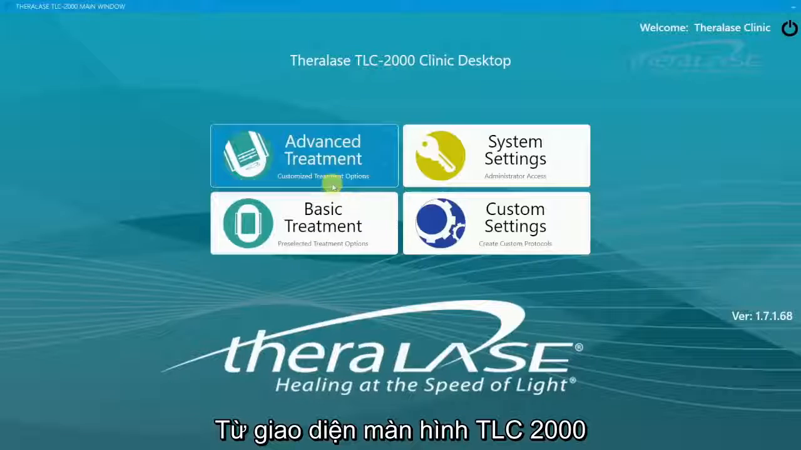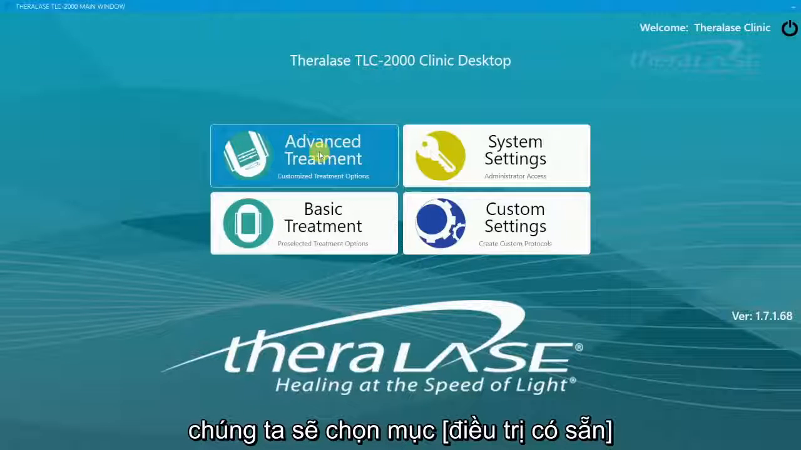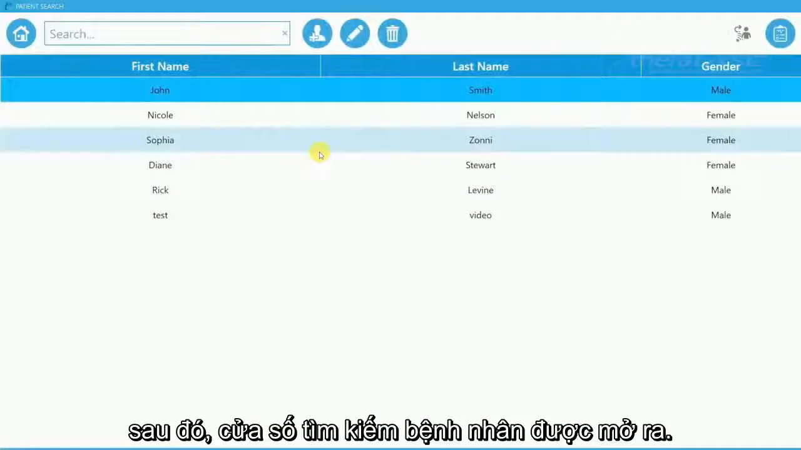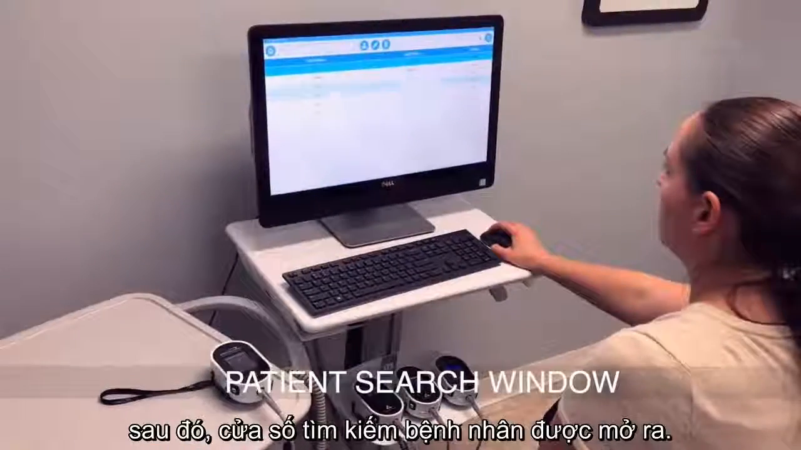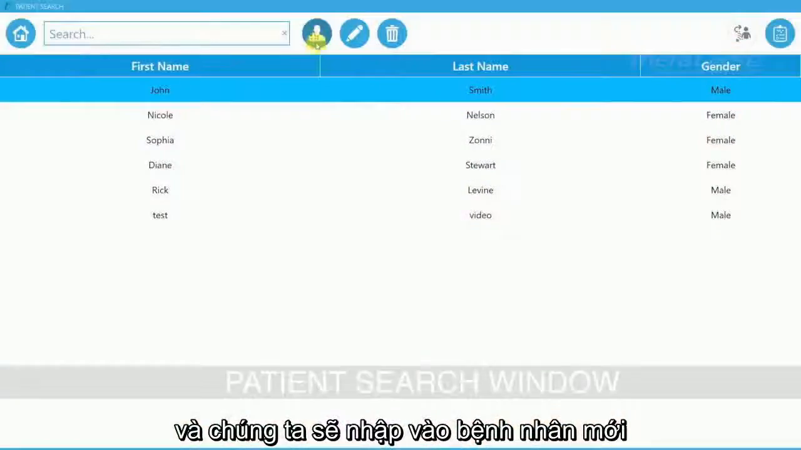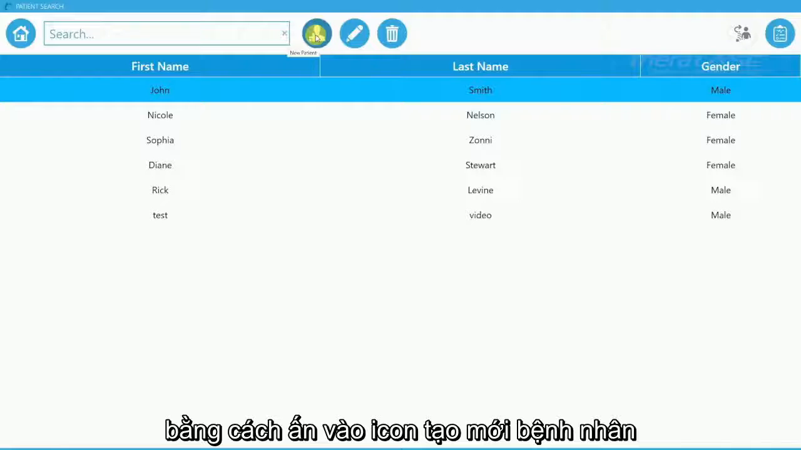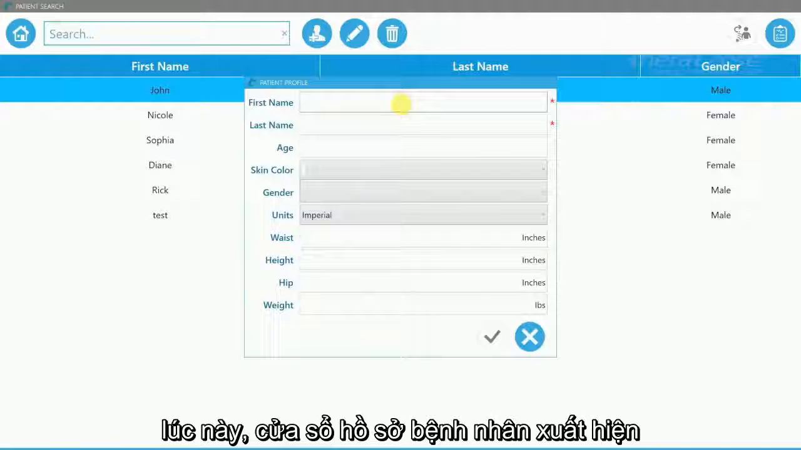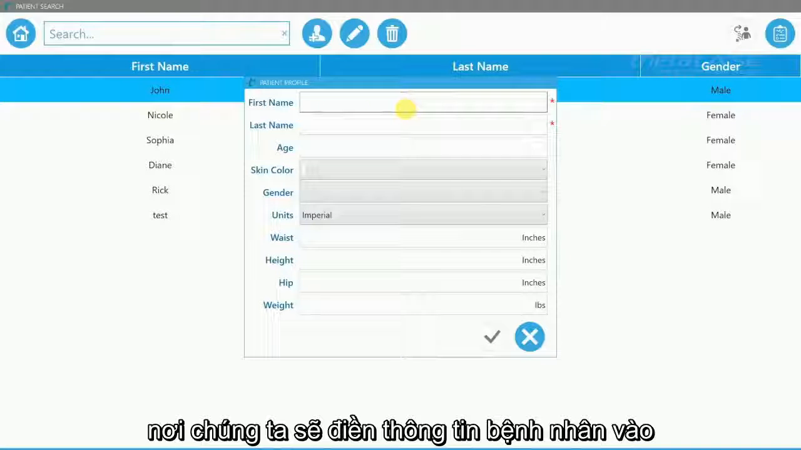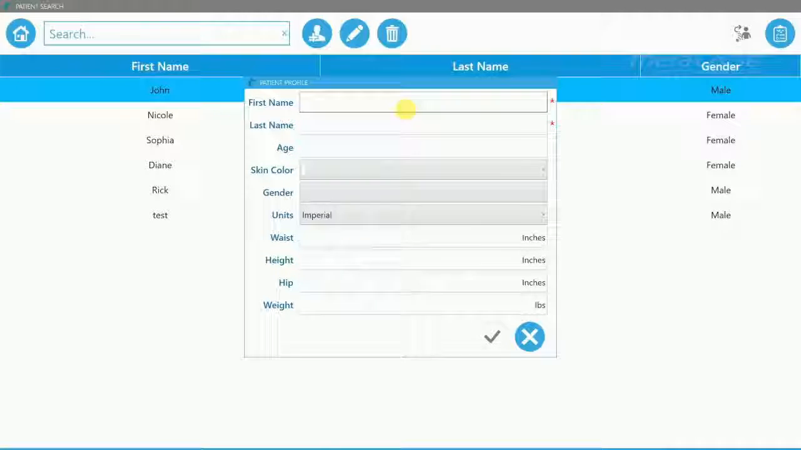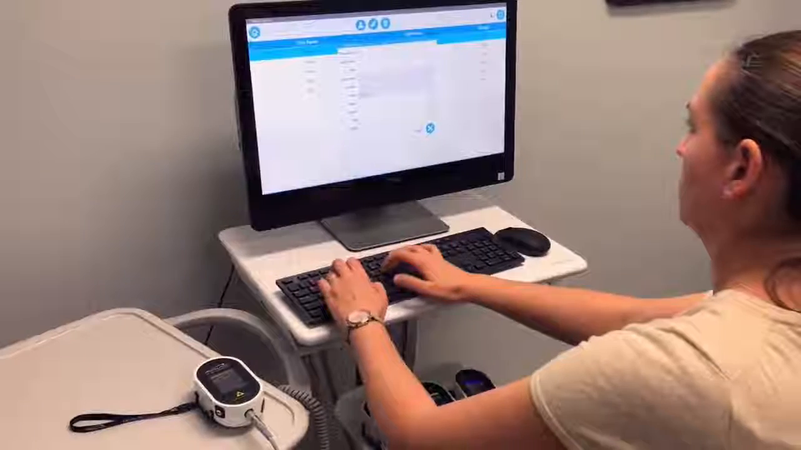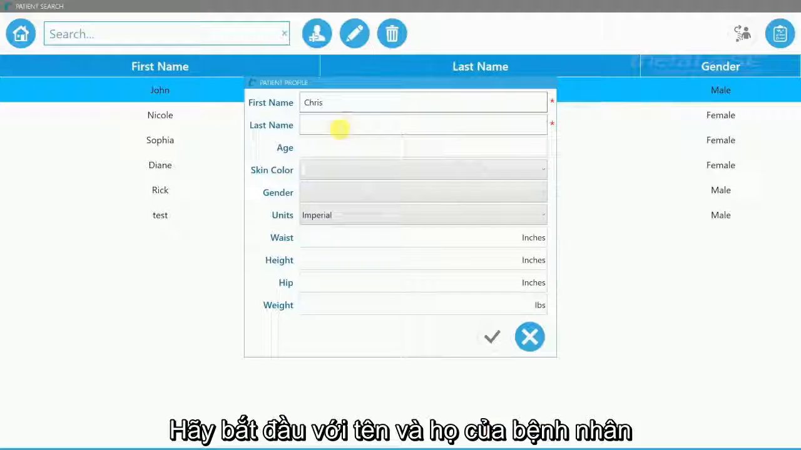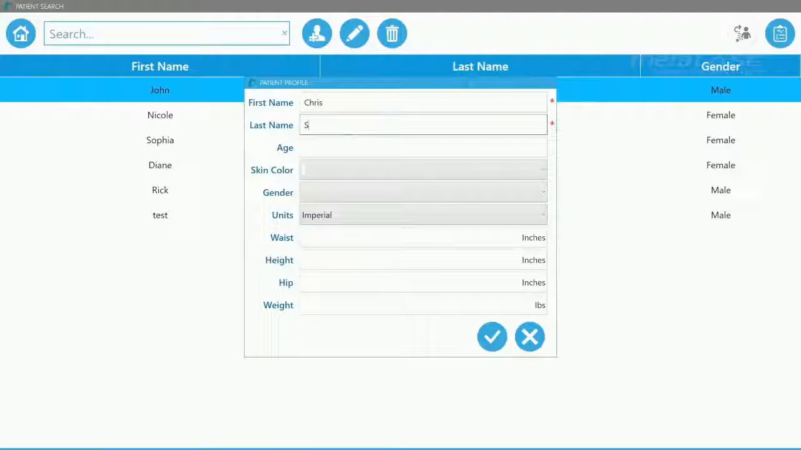From the TLC 2000 Clinic desktop, we are going to select the Advanced Treatment tab. This takes us to the Patient Search window, and we're going to enter a new patient by clicking on the New Patient icon. This brings up your patient profile window, where we'll enter the patient's information. Starting with the patient's first name and then last name,